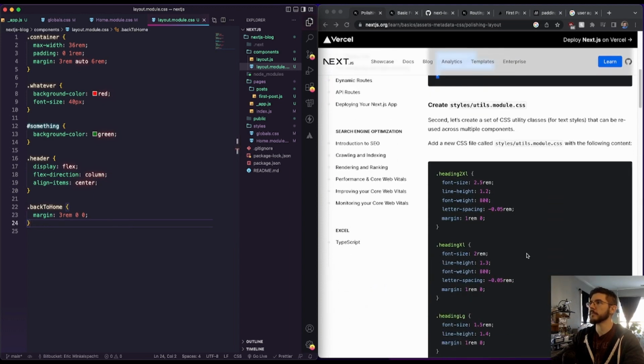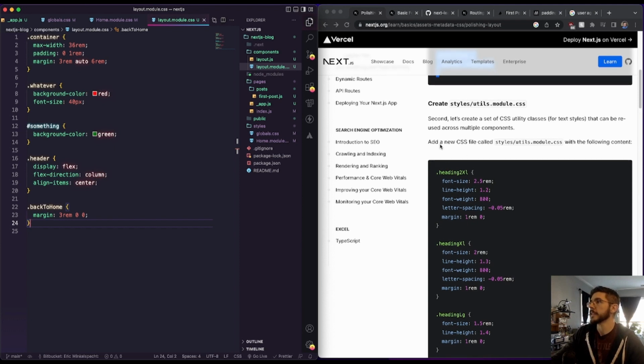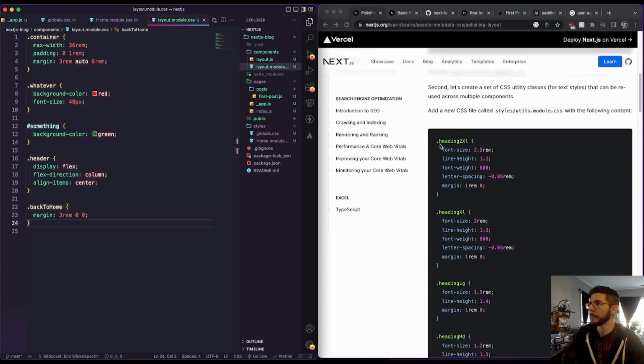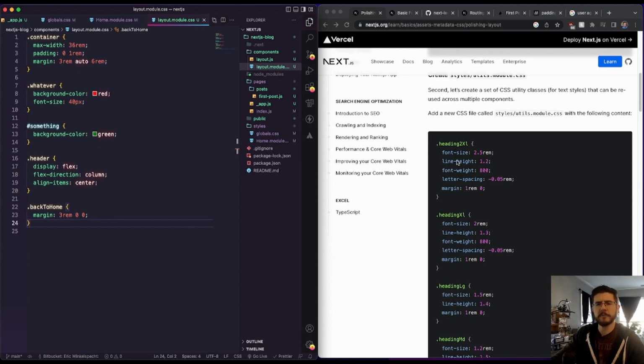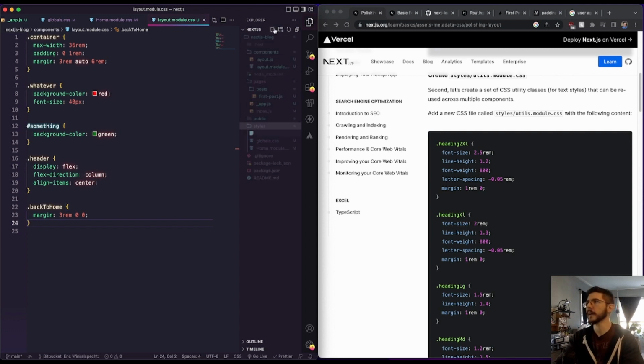Create styles, utilities, module CSS. So we're going to create a set of CSS utility classes, which I love doing when I'm writing CSS, for text styles that can be reused across multiple components. So add a new CSS file. So instead of doing this in global, which is where I would also probably think to do it first, because I'm used to writing one CSS global file, we're going to write a specific one that's just in a module. So we'll do that in our styles folder. So here we are in styles, and we'll write our